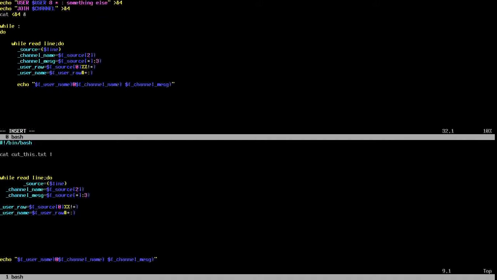Say while forever do, and then we're going to jump immediately into while read line do. And we want to take the line, or the source, which is going to come down from the server. Well, hold on. No, that's not it at all. Because we're going to say while forever do, and then it's going to be while read line do. But what are you reading? Remember, we have our output that's coming through file descriptor 4, so we need to